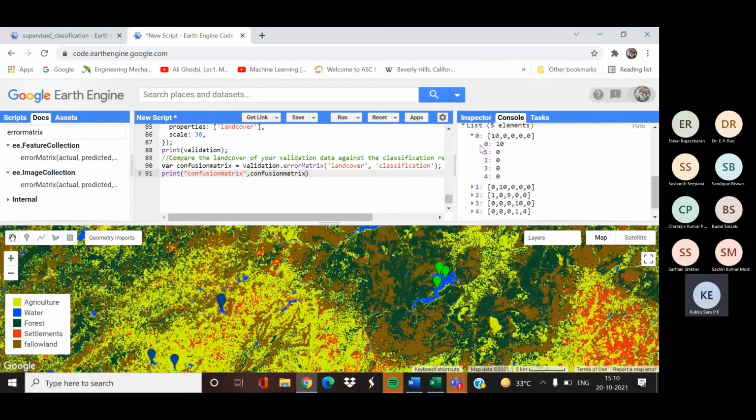Each element, 0 represents agriculture, then water, forest, settlements, fallow land. The validation points, 10 points we have collected. It is showing how they are classified in the classified image.